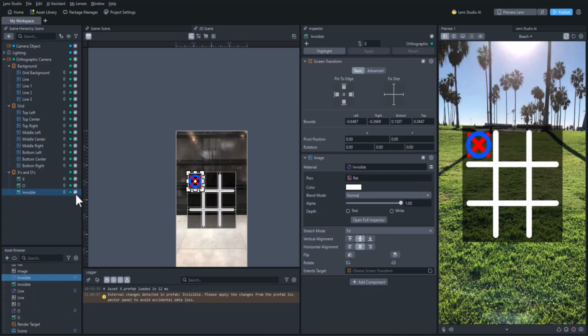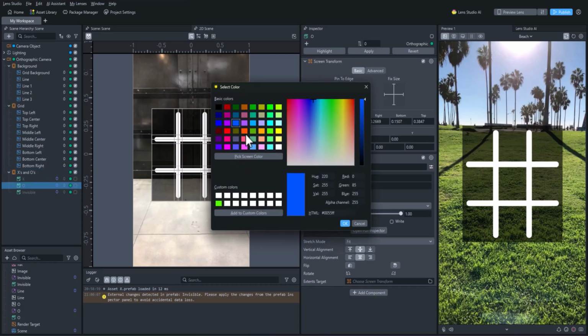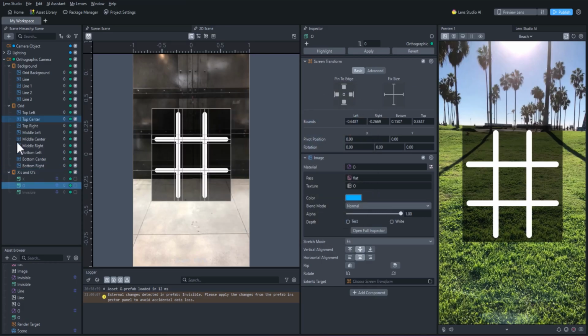Now we can disable these prefab objects in the scene hierarchy. This is a good practice because you'll inevitably end up needing to go back into this prefab and modifying something. When you do, you can just click Apply at the top of the inspector and the changes will be saved